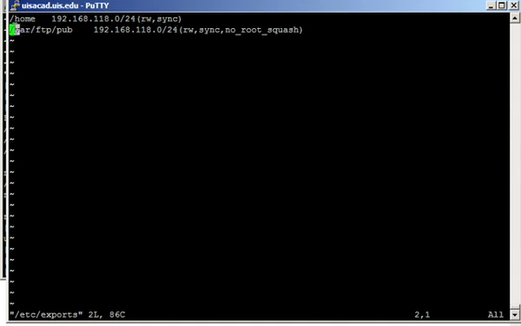Now I'm exporting another directory, and that's /var/ftp/pub, and I'm also exporting it to any client on that same network. I want read and write, and I want synchronous writes, and then I have this no_root_squash. Now what does that mean? Well, basically,